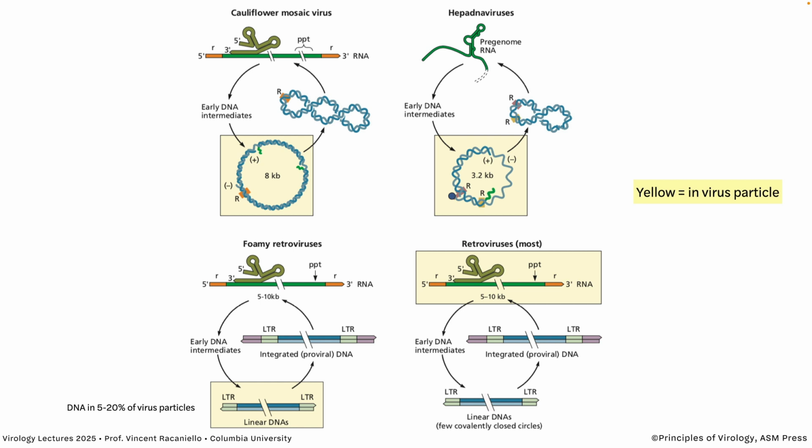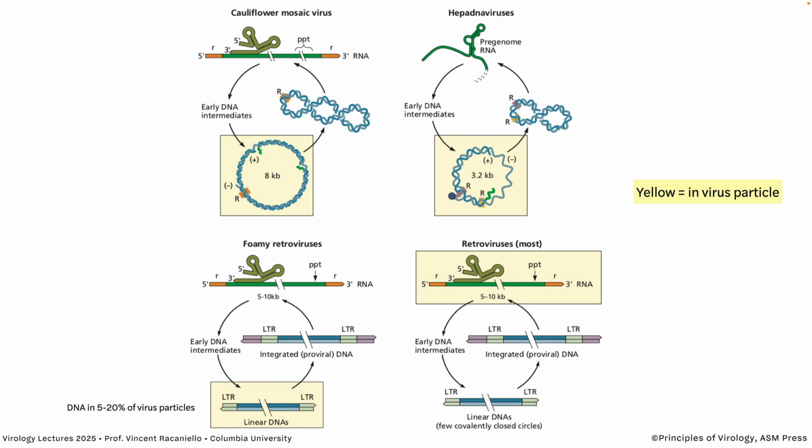There are actually two other kinds of viruses with RT in their reproductive cycles. On the top here is cauliflower mosaic virus. And these viruses also package DNA. They have RT in their reproduction cycle, yet they package DNA, and that's for the same reason that hepatitis B virus does. They start reverse transcription before they leave the producer cell. And they also have problems with their genome. They have gaps and they have RNA pieces attached. They get fixed when the virus infects a new cell, and it becomes nicely closed circular, from which new RNAs are made to resume this activity.